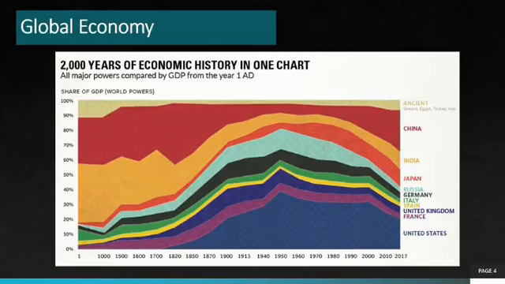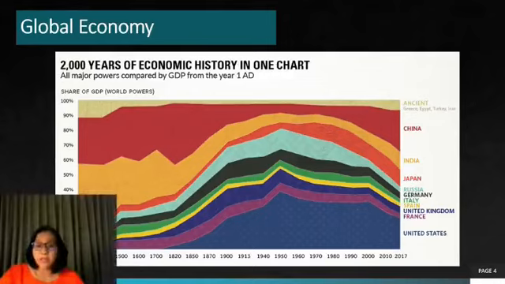It continued with the Industrial Revolution, which happened in the 18th and 19th centuries, marked by technological advancement, the rise of factories, and the shift from agrarian to industrial economy. It was followed by colonialism and imperialism. In the 19th and early 20th centuries, European colonialism significantly influenced global trade and resource extraction.